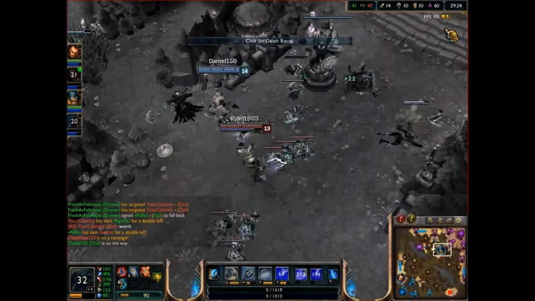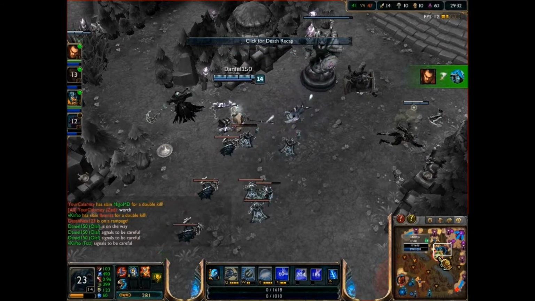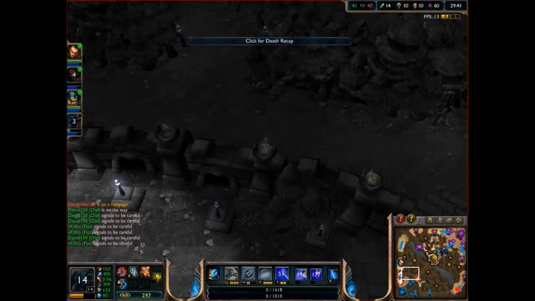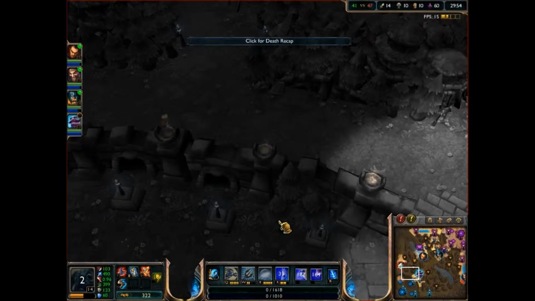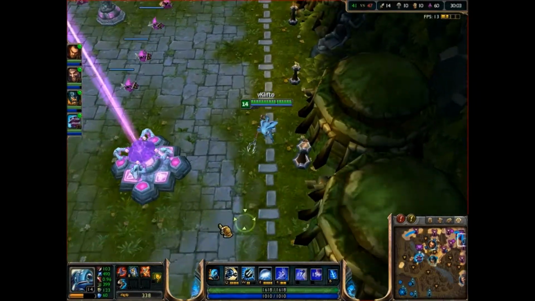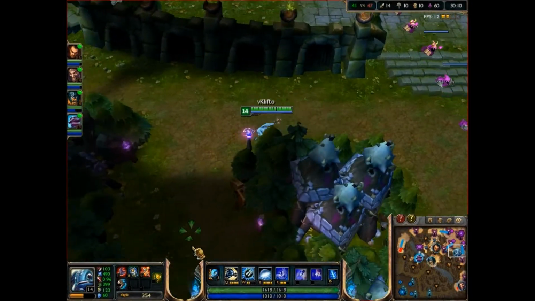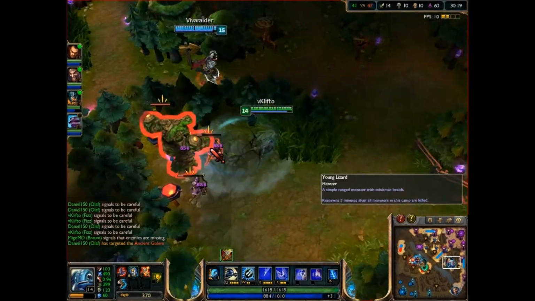Who would you not want to play Fizz against? Most people would say a poke composition, because he has auto attacks and you can attack him from far away. That is a good option, but the top two picks are normally a Syndra or an Orianna. The thing is, I've played a bunch of games against them, and a smart Syndra would probably